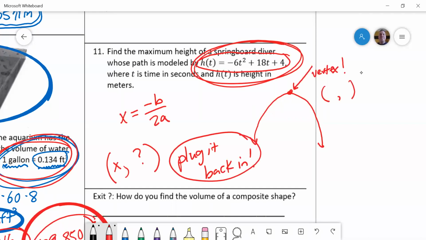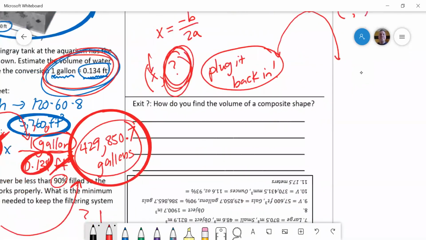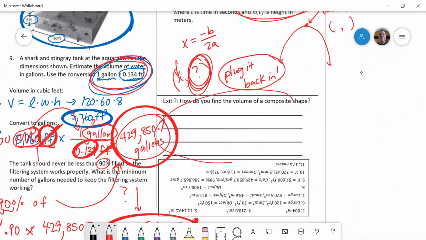And it says find the max height. So the height is not the x value, that's the time. The height is going to be this value right here. That's what you're going to want to find. Okay? You can answer the exit question down there. We basically just spent 30 minutes covering all that, so I'm hoping that you guys